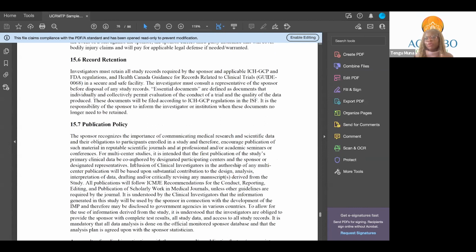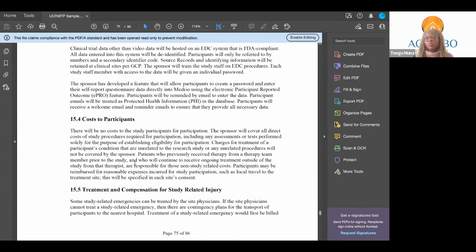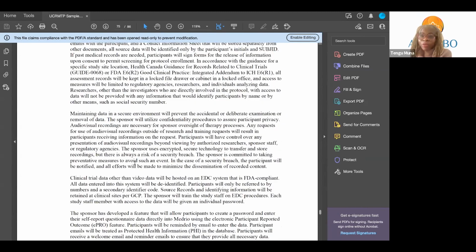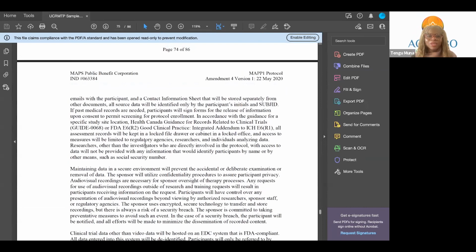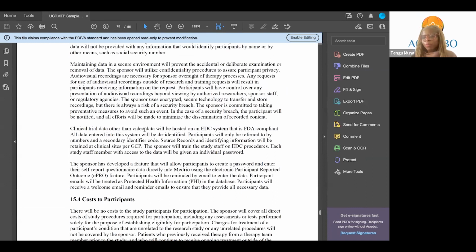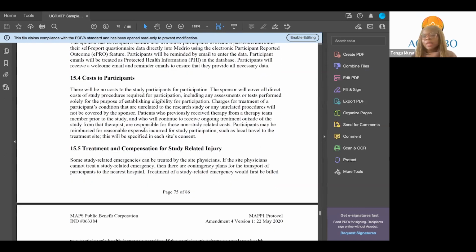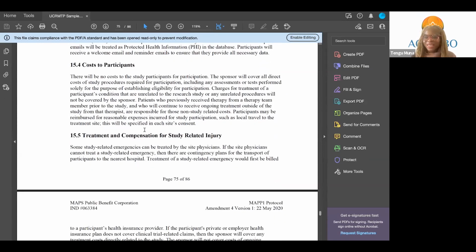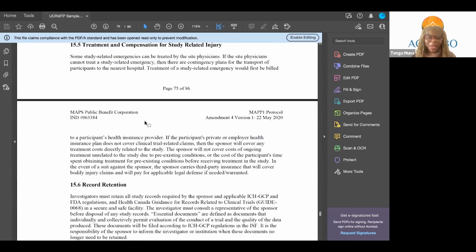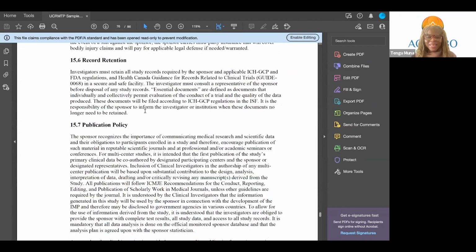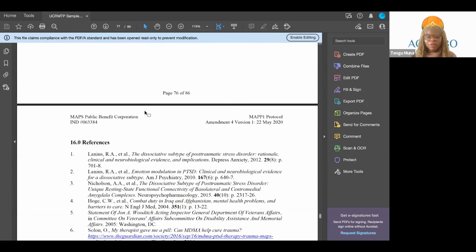So if we're looking at your protocol, those sections might extend across several pages, but really broken down in a way that everybody can understand, because the whole point is that we absolutely do not want anything that is vague. So when you look at whatever protocol that you're working on, I know when we do this now, you guys probably go back and check out your protocols in a whole different way. So that's it. The publication policy, this is a long one,